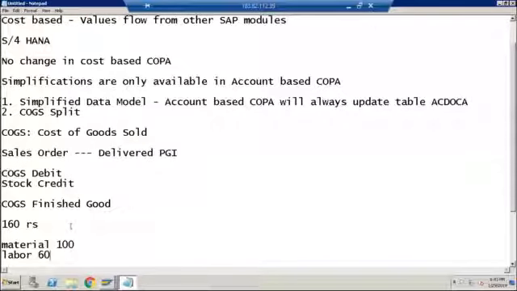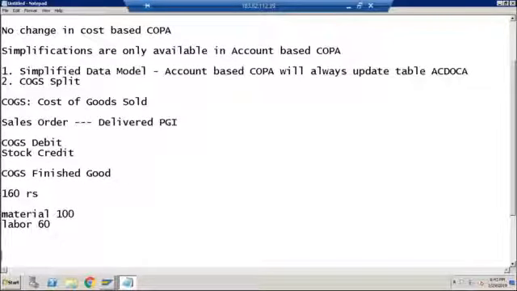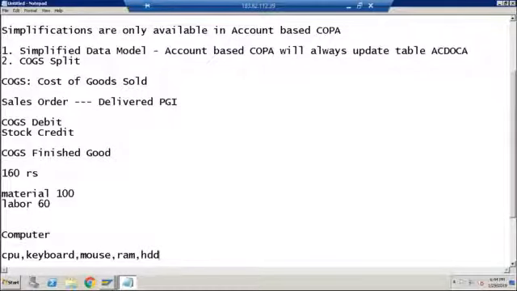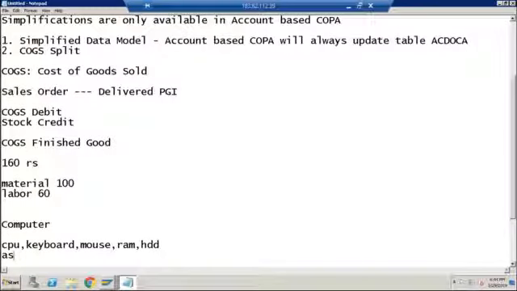So let's take a simple example. Let's say your company is manufacturing a computer. Now in order to manufacture the computer, first of all, we need a CPU, we need a keyboard, a mouse, a RAM, and a hard disk. Okay, so let's assume these are the only components that we need, and then we need a process of assembly.